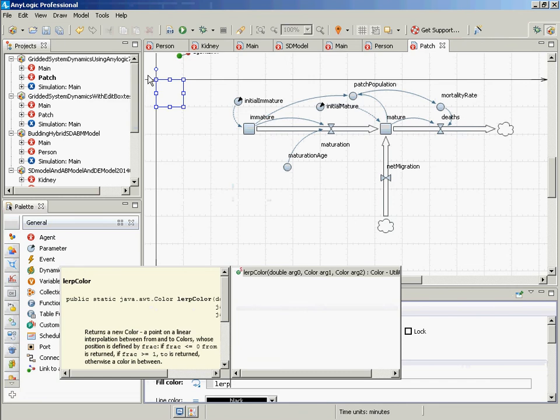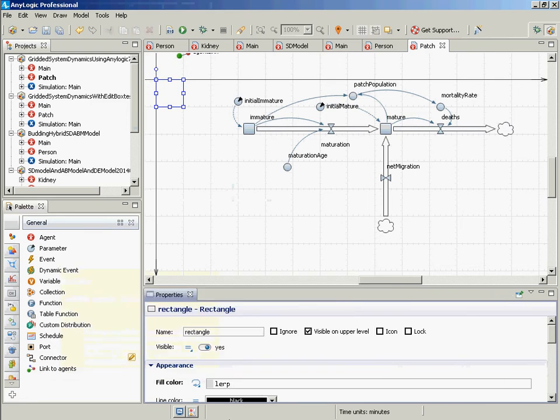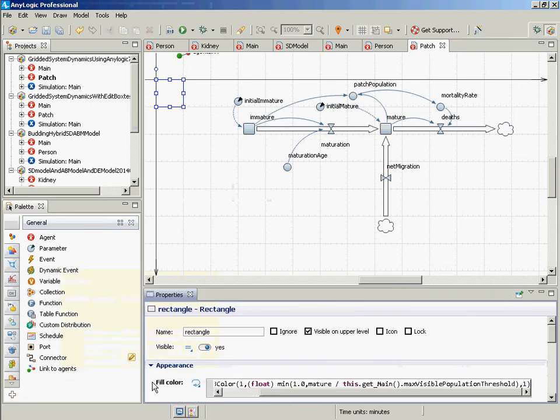If you have one color as one extreme, another color as the other extreme, and an argument that goes from 0 to 1, then as it goes from 0 to 1, if it's closer to 0, you have color 1, and if it's closer to 1, you have color 2. That allows you to show a color that's a mixture of two other colors. So lerp color is its name. In any event,